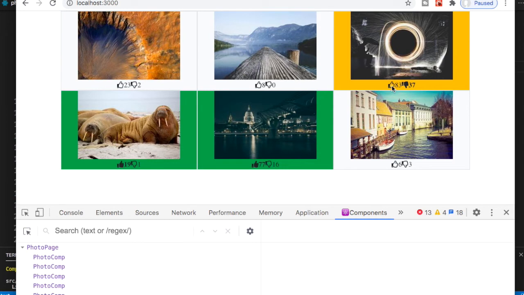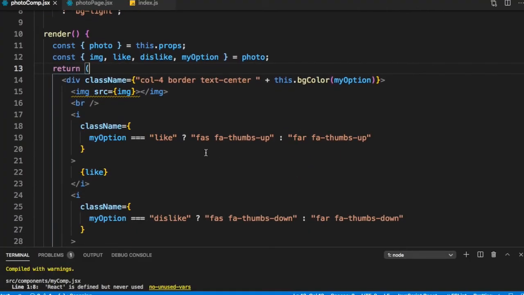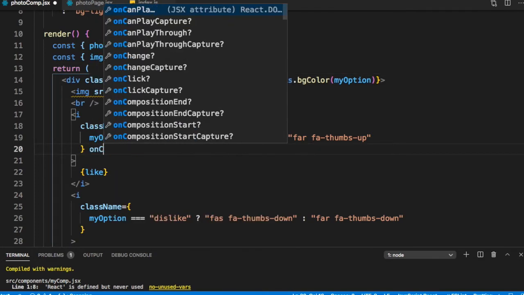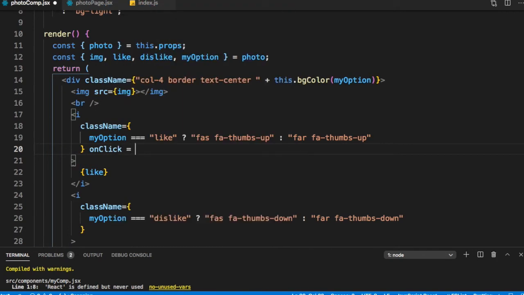Next, what do we want to do? That when the user clicks on one of these, we should be able to handle these clicks. So we should put a function here. So I can say class name is equal to this, and onClick is equal to, and we would put say get two functions onLike and let's say onDislike.